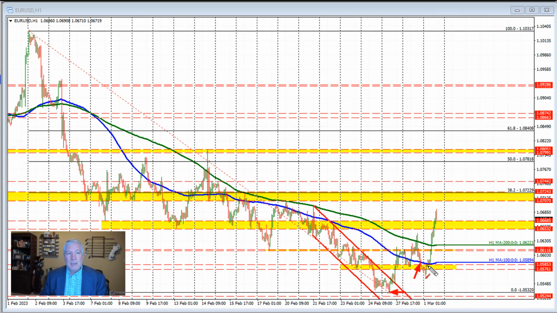But the momentum faded, and we started to move back above the 100-hour moving average. The sellers turned to buyers, and we forced the market to the upside here. This was helped by China data, which saw that their manufacturing PMI rose back above the 50 level, and one of the measures of manufacturing was the highest level in a decade. And so we saw the price of the yuan move to the upside, and we saw the dollar move to the downside, and that helped to propel the euro versus US dollar to the upside as well, breaking above the